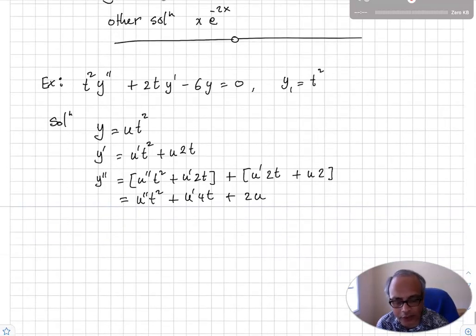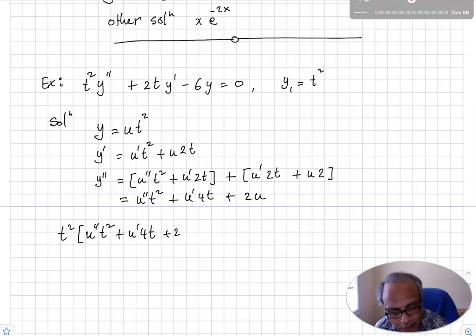Okay, so now you are ready to substitute: t squared times y double prime, and you write u double prime t square plus u prime 4t plus 2u for y double prime,